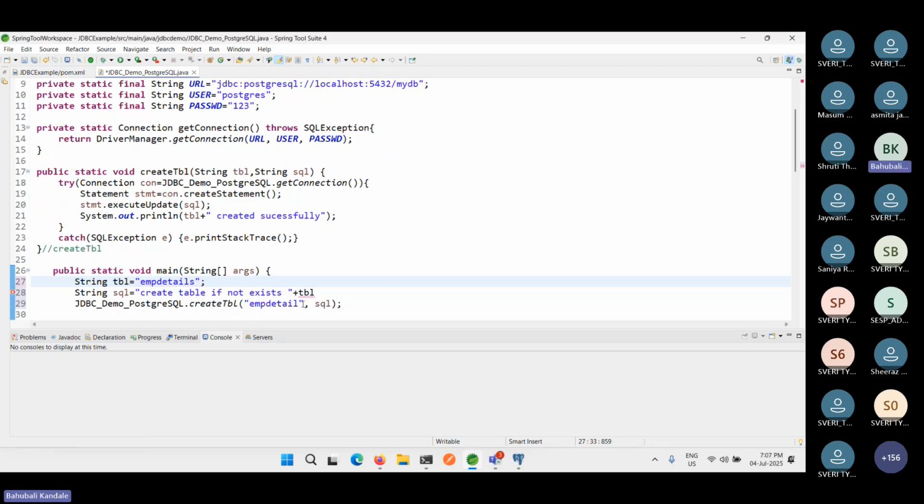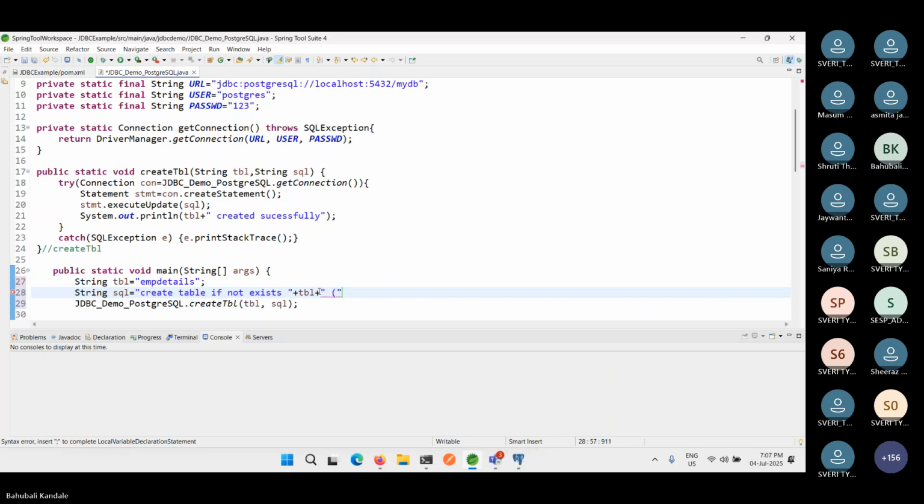That table name we are used here as an argument. Okay, plus that's a table name I want to create. After that, parenthesis. Within that parenthesis, we need to add